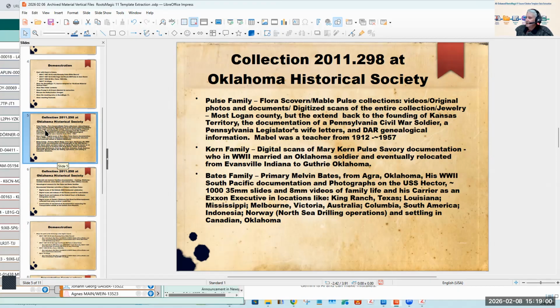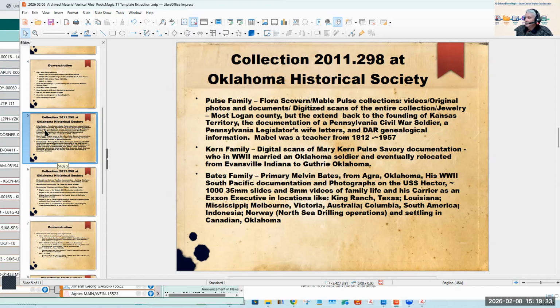So this is it. The first one is the Paltz family, and that's the Flora Scover and Mabel Paltz collection, primarily. And that's what we're dealing with today. Videos, original photographs, and documents, digitized scans of the entire collection, and some jewelry. By the way, anything that Oklahoma Historical Society decided they didn't want in this collection was sent on to the Logan County Genealogical Society in Guthrie.